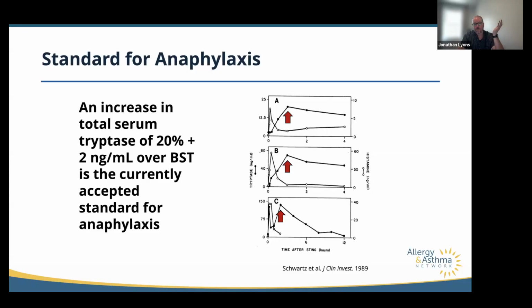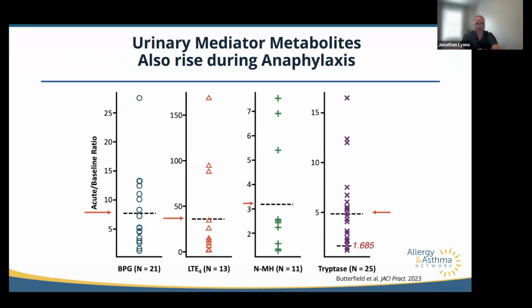But based really just on observation, it was proposed that an increase of tryptase of roughly 20% over your baseline plus 2 nanograms. So let's say your baseline is 5. It would need to go up by at least 3, right? 20% plus 2. And so if you go from 5 to 8, that's consistent with the clinical diagnosis of anaphylaxis. Importantly, in all of the algorithms and all of the position statements on the diagnosis of anaphylaxis, tryptase is not included because it's a clinical diagnosis. So while it's useful and helpful, it doesn't actually make the diagnosis of anaphylaxis, the clinical presentation does. But tryptase isn't the only mediator that rises.